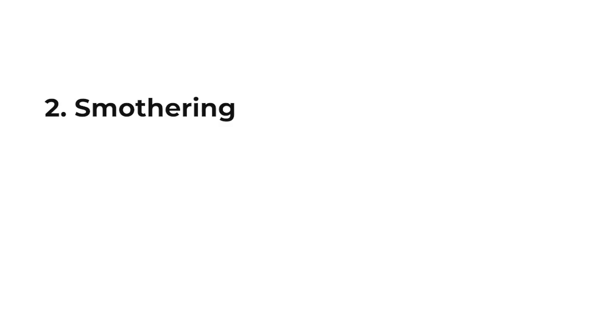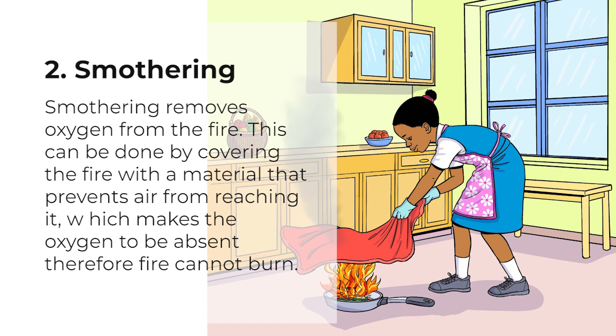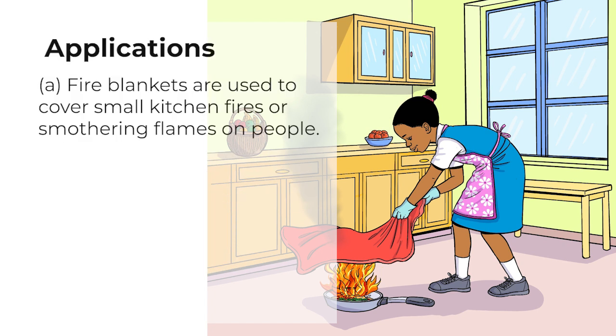The second method is smothering. Smothering is the removing of oxygen from fire and is done by covering the fire with a material that prevents air from reaching it, which makes the oxygen absent, therefore the fire cannot burn. It is done either by use of fire blankets,